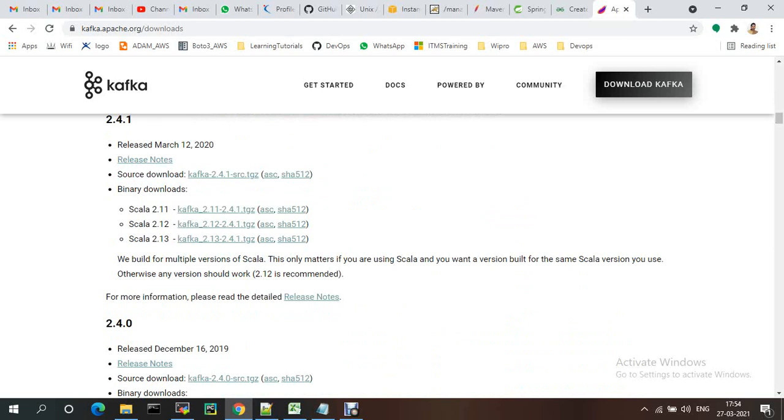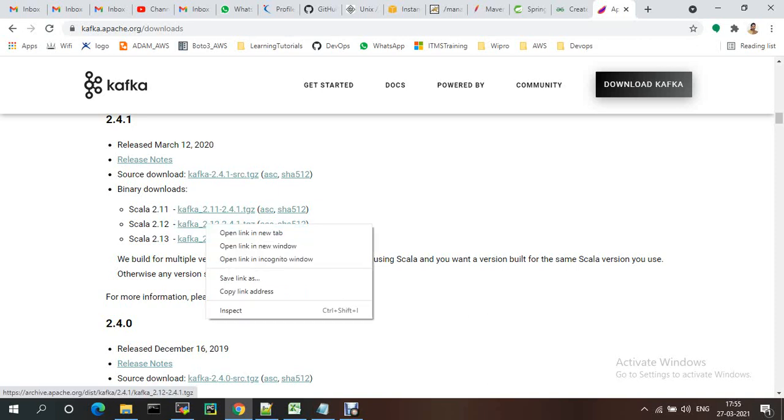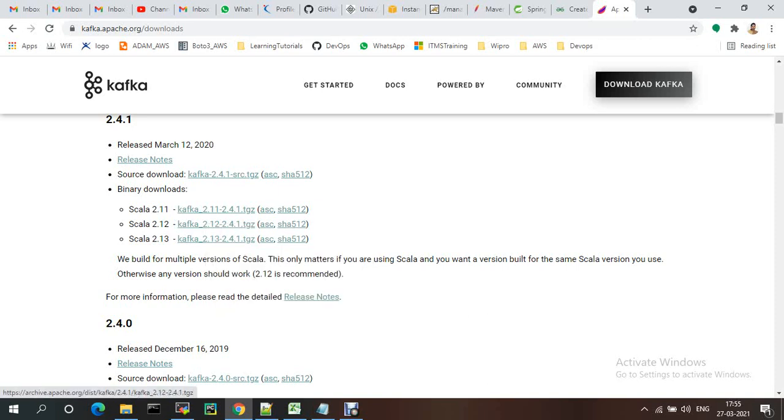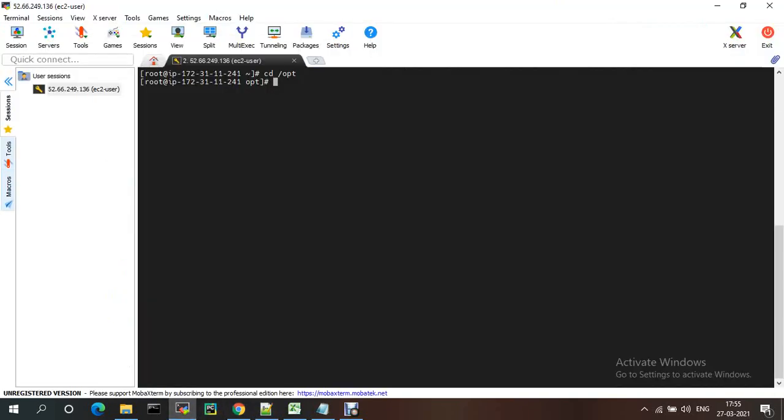Under binary downloads we have different Scala versions like 2.11 and 2.12. I am copying this link and downloading it.